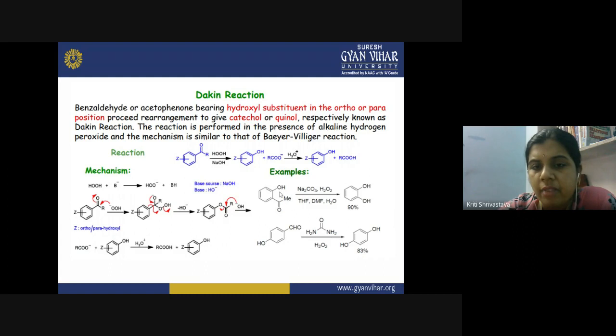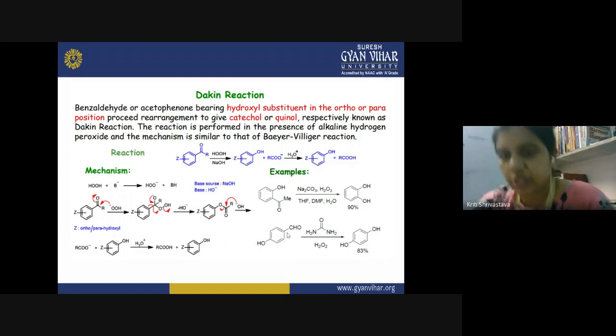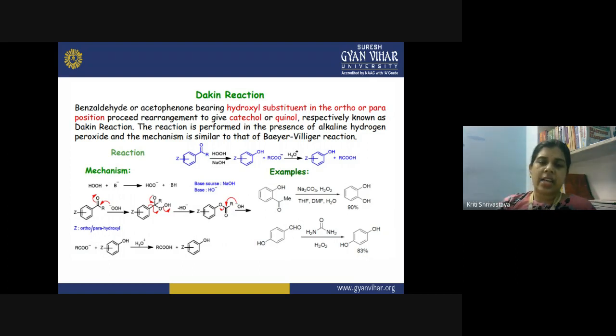So if it is at the ortho position, you get catechol, and when we have a para position with respect to that, it is quinol. This is the quinol, and this is catechol. The hydroxy group is present at the ortho position here, and here the hydroxy group is present at the para position. So both benzaldehyde and acetophenone are known to give this reaction. This is known as the Dakin reaction,